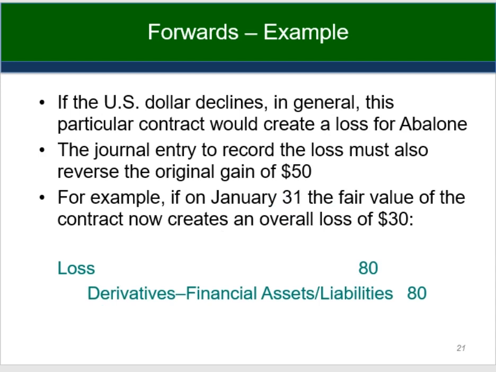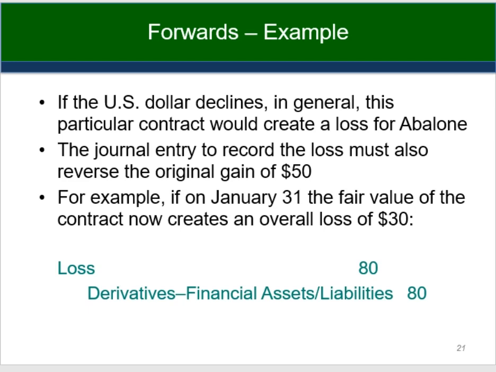If the US dollar declines in value, then that's creating a loss, because we have to settle the contract, so we actually have to pay $1,150 to get 1,000 US dollars. We could buy it more cheaply on the market, which is why it's a loss. So the journal entry to record the loss would undo the gain. So if we had a $50 increase in value and then a $50 decrease in value,